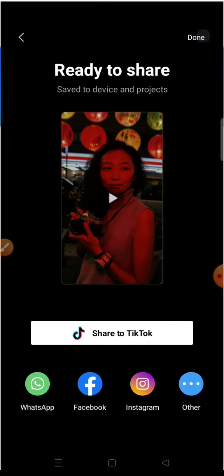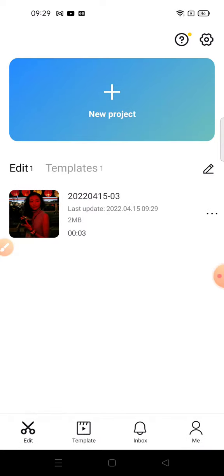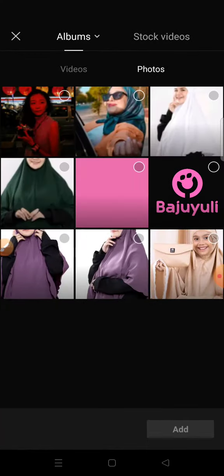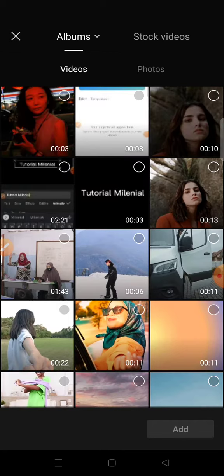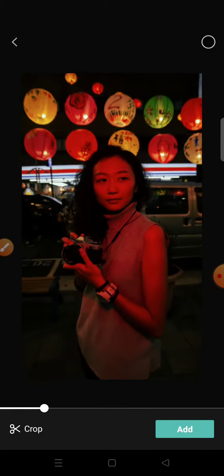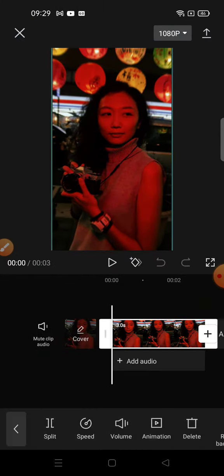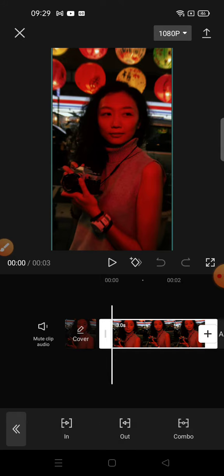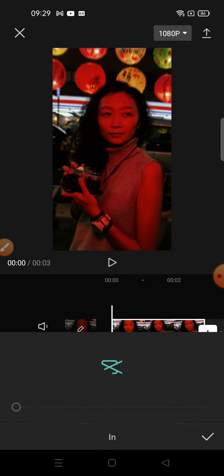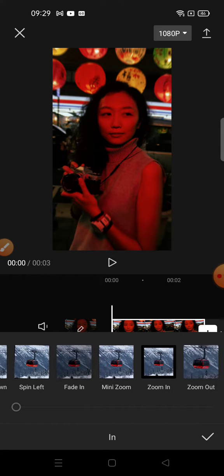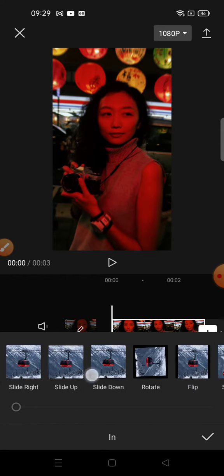Okay, now you can add a new project and import the latest video. And now you select the layer, click the animation, select in, and pick for